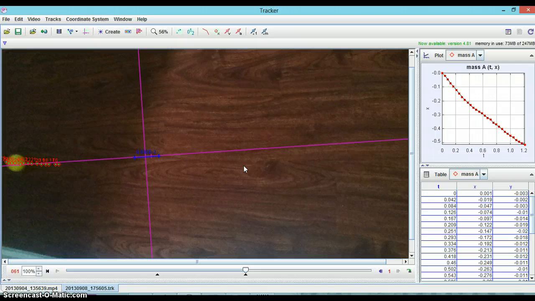First, after recording the video, I inputted it into Tracker to get the data from the motion of the ball. As you can see, the points move along the ball's location, matching up with the chart of data over here and the graph line over here. I set up the XY axis to go along the motion of the ball in the negative X direction. It would not matter if I switched the axis to the Y direction. Either way, the ball would still be moving to the left of the screen